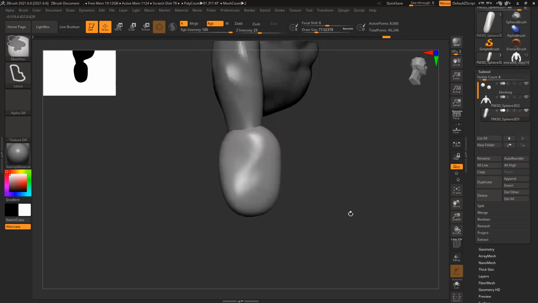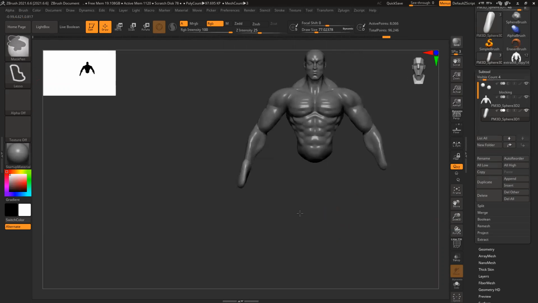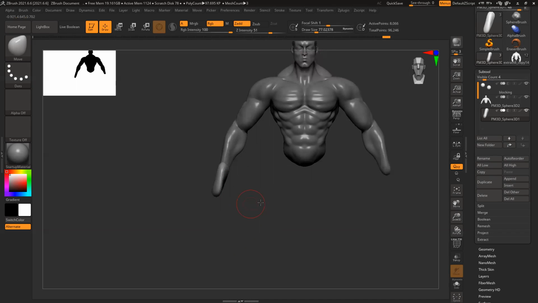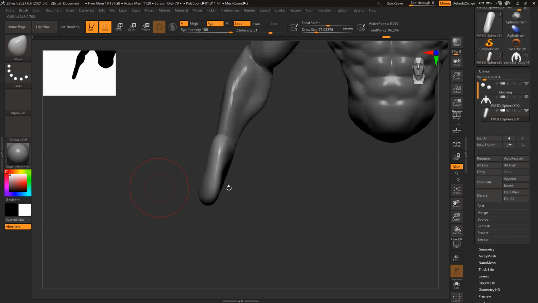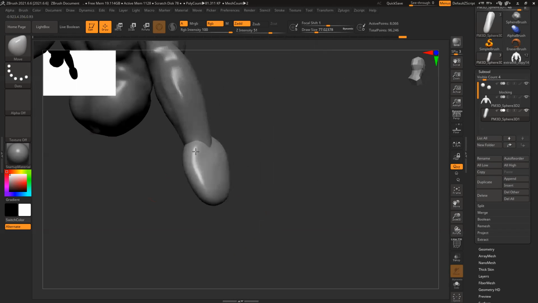So I need to create fingers now. First block out. One thing about measurement: the size of the hand and the size of chin to forehead is almost equal. Visually you can see this much big, this much big. So you have to plan the size accordingly. And the hand is usually not that straight, slightly curved.